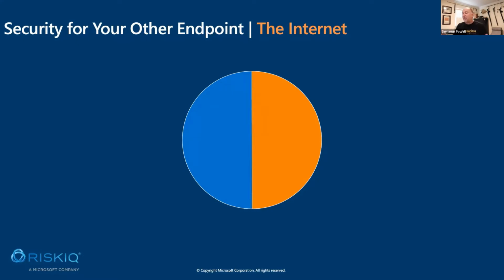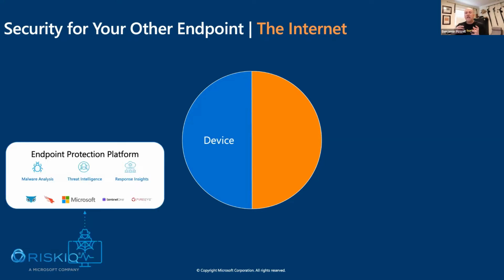And now that we're part of Microsoft, it's a combination of the two. So when you think about the device perspective, the things that you own and control, those things go in, you have endpoint protection. You have things installed internally on those devices to understand if there's malware, if there's any threats directly to that device. What if I want to do a cleanup or disable a machine or isolate it or make sure it's patched before it comes online? You have that ability to understand that, and you can push it out to everybody from your command and control.